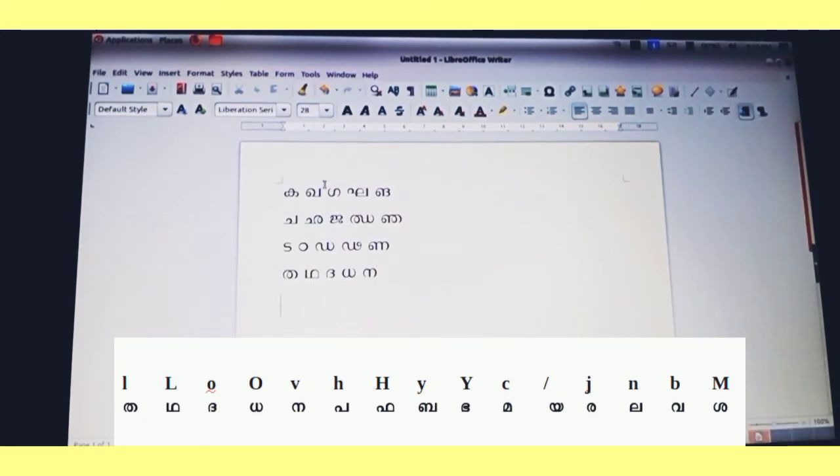Okay. Then, what is the next letter? Pa. In which key you can see Pa? H. Next is Shift plus H. Then Ba. Y. Next is Shift plus Y. Hypa, Baipa, Ma. Ma is in which key? Yes, very good. C. Okay. Hypa, Baipa, Ma.